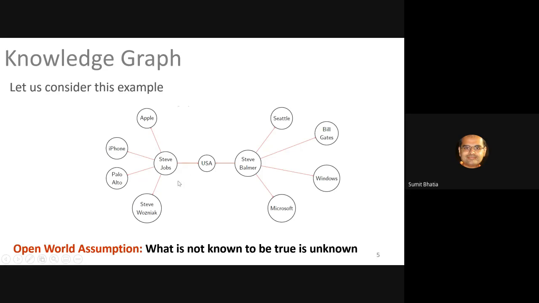So I say that I don't know because, think about it this way. There is an infinite amount of knowledge in this world, right? So you will never be able to have a knowledge graph which is complete, which has all the information, right? So in case of a question that is asked about something which is not in the graph, either you should have the information or you should have some information which clearly tells you that the question someone is asking is not possible. If that is not there, you just say that I don't know